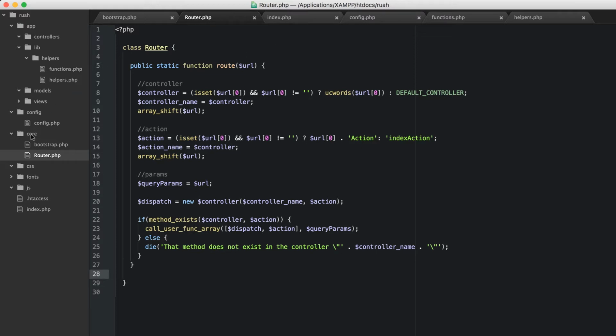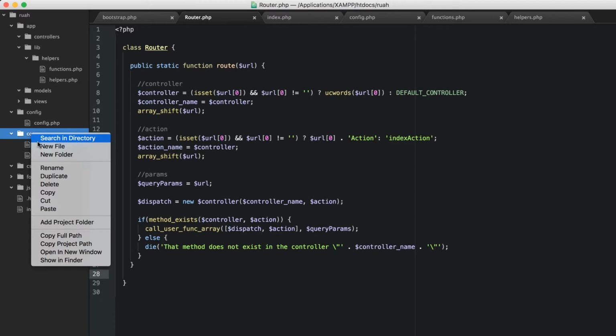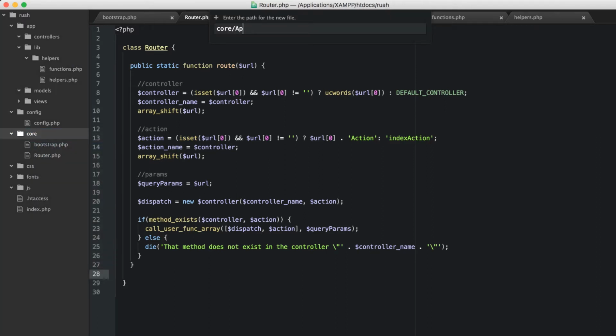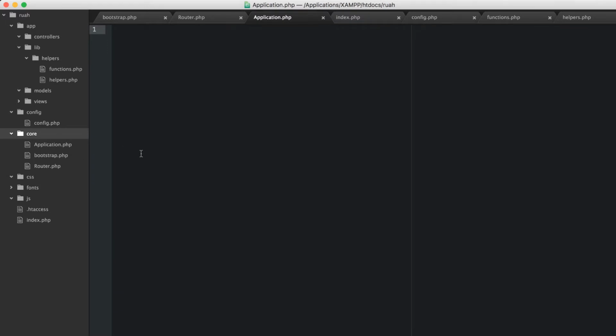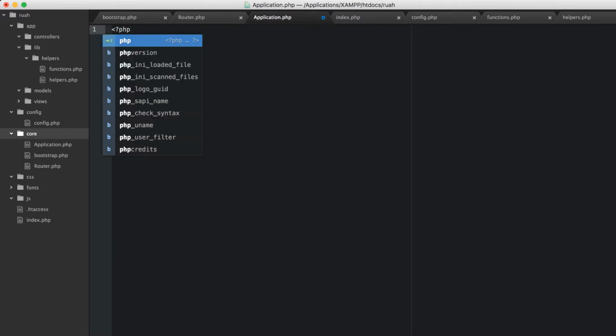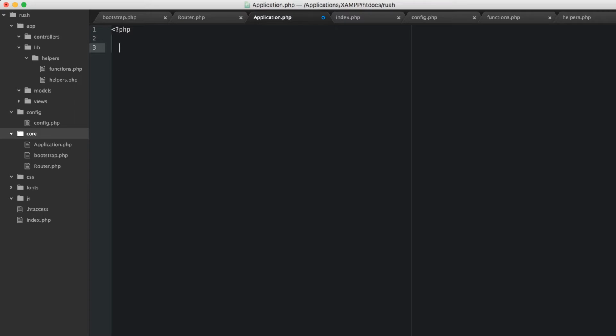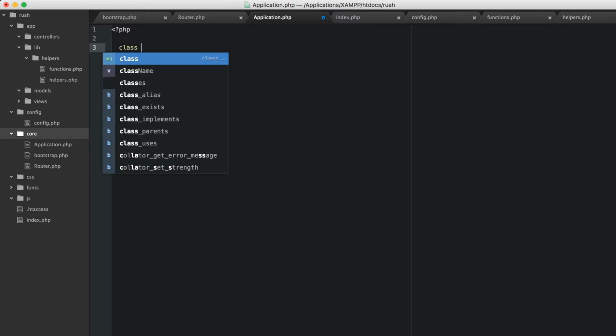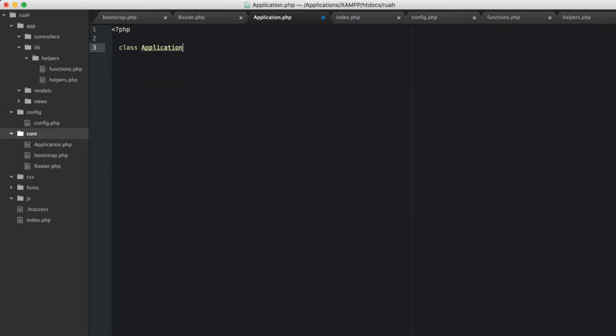So inside of our core directory, let's go ahead and create a new file. And we're going to call that application.php. And let's go ahead and open up PHP tags, and we'll do class application. Okay, right on. All right, so we also have some pretty cool magic methods here